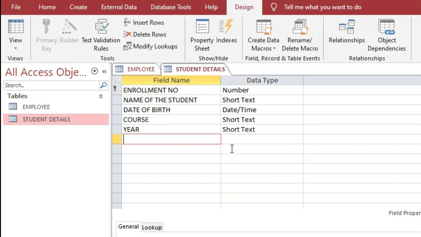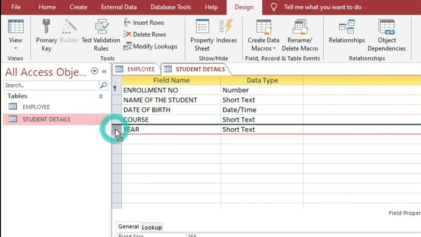Okay, now we'll learn how to move a field. Moving a field means to rearrange the order of fields. For example, you can move the second field to the fourth position or the fifth field to the first position and so on. To move a field, just open the table in the design view. Click on the record selector of the field name to select the entire field. Again, click on the record selector of the selected field, and without releasing the mouse button, drag the mouse up and down to move the selected field.